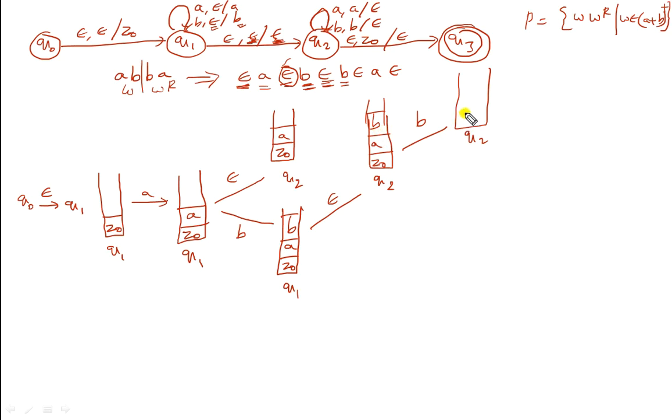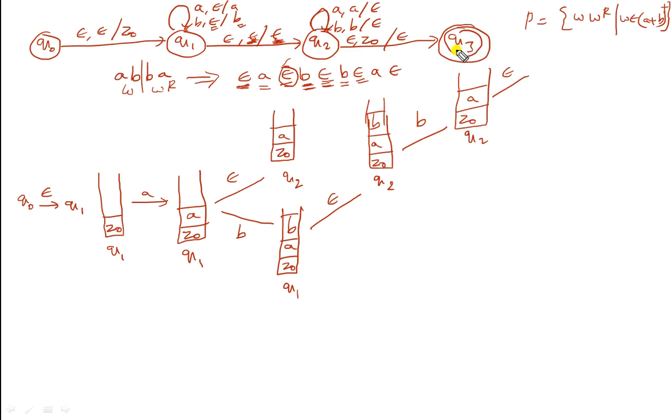So now the current status will be Z0, A, and the state is Q2 itself. Now we are in the Q2 state. The present status is A, Z0. In case of A, Z0, again epsilon is there. You may consider epsilon or you may omit epsilon. First let us consider epsilon. If you consider epsilon, then the state will be transmitted from Q2 to Q3.